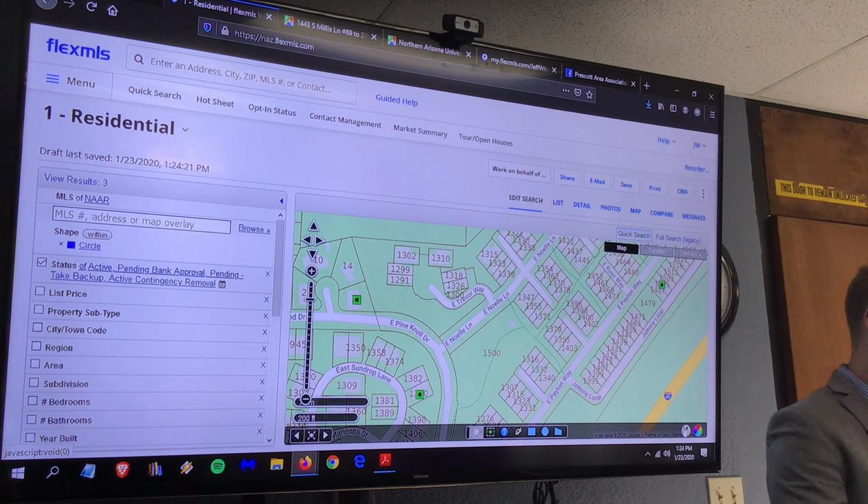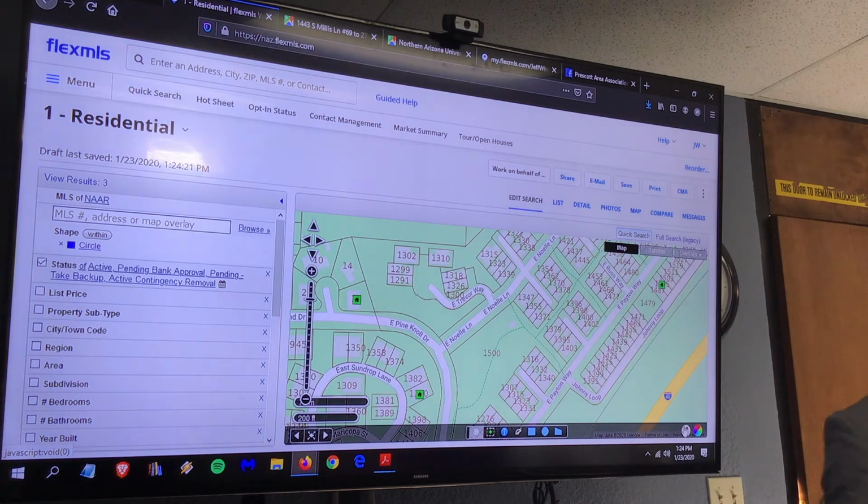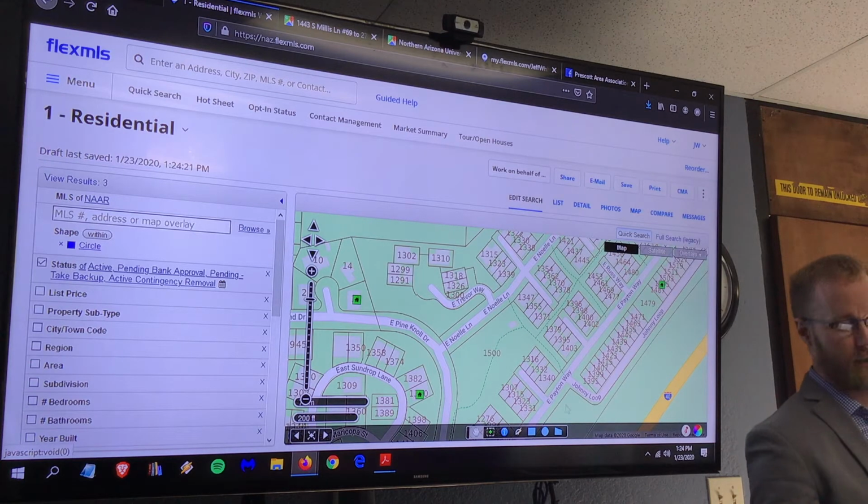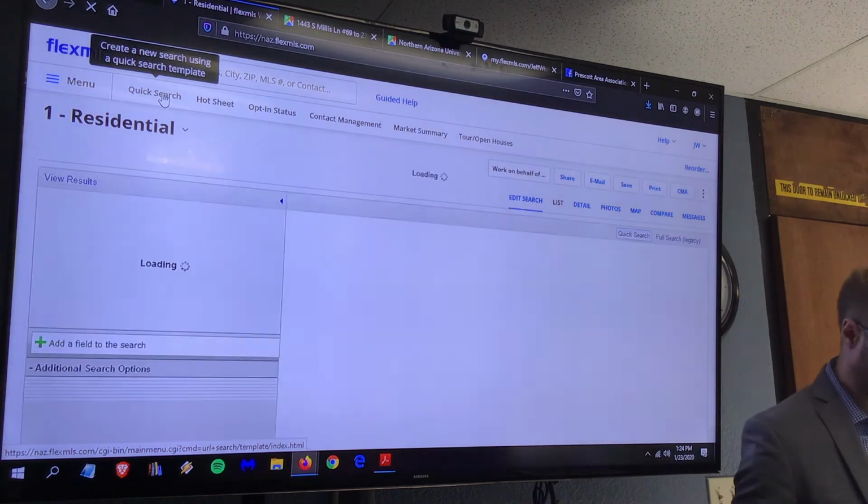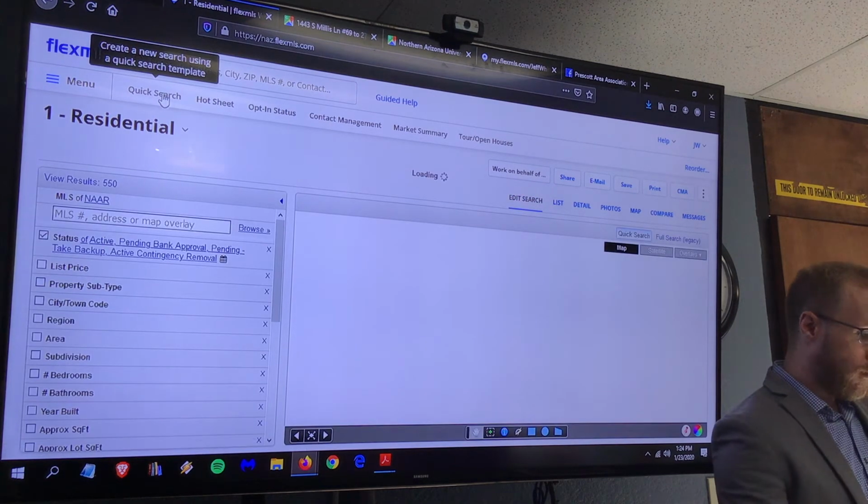Okay, we are just moving along. So we're on the top of page 3, Quick Searches. There's a lot of really cool things you can do in the quick search. So the first thing that I want to point out,